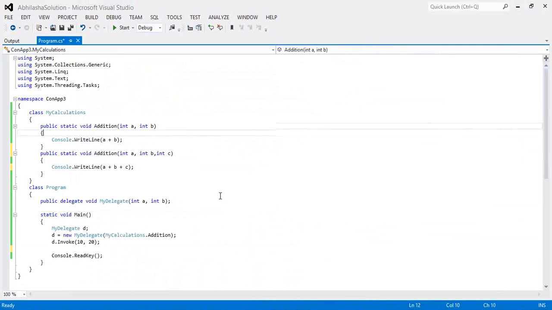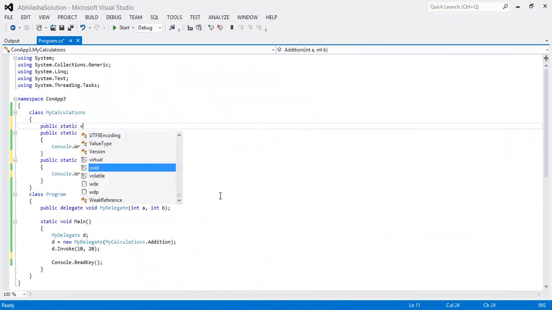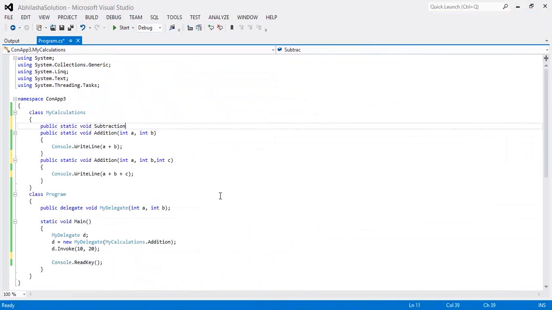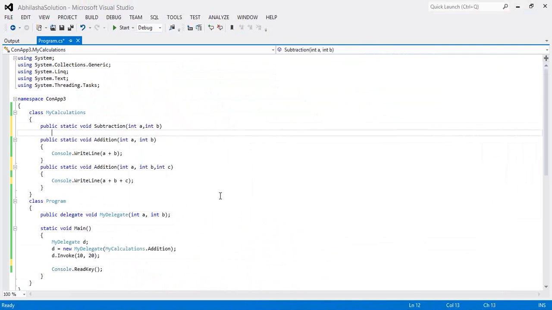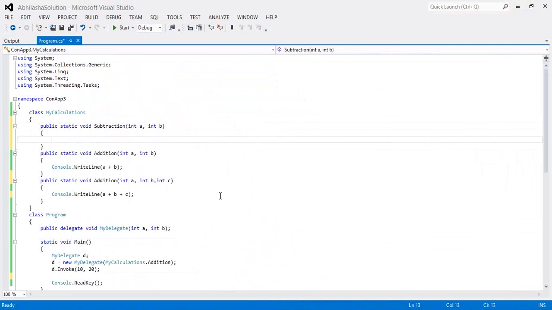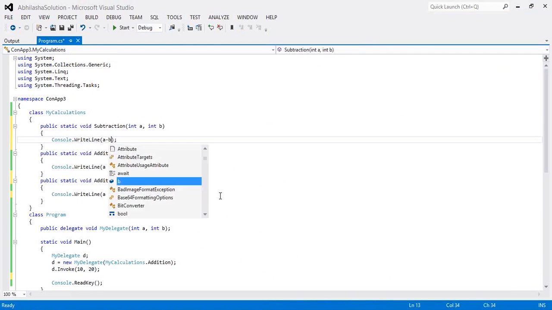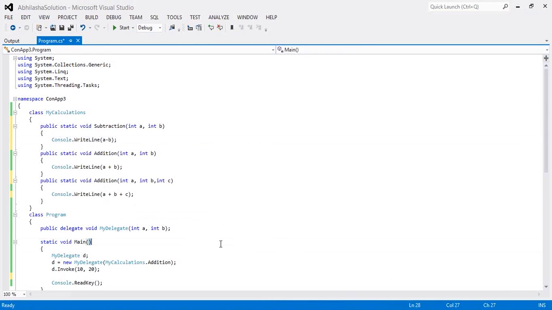Let's come to this one. I would like to have one more method: public static void Subtraction. Here I'm giving integer A, comma integer B. This is going to give subtraction. In real time there will be a lot of differences. Now what is my question? Initially my delegate...